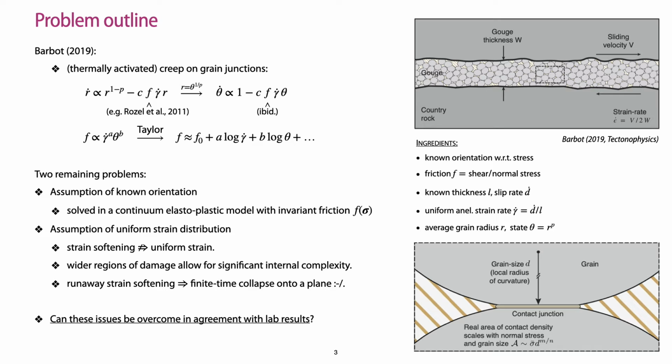The question that we've tried to address is this: can we overcome these particular issues in some practical and theoretically sound way without sacrificing agreement with existing observations from the laboratories? The end goal of this question is again to reintroduce a potentially interesting dimension to fault models that is typically neglected for practical reasons. As an aside, one could argue that I've taken a pathological case because grain size evolution